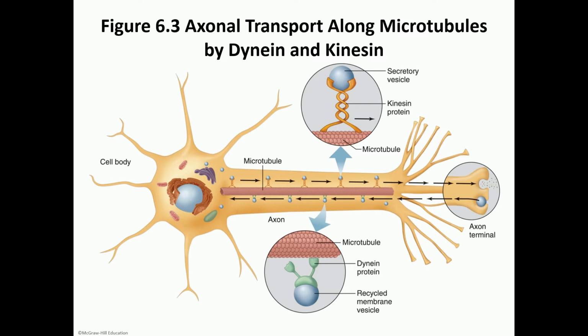Now, if you take another look at the neuron, you could see here again your cell body with the nucleus and all of the different organelles. So we have the rough ER, mitochondria, smooth ER, and so on. And this is where different proteins are going to be made. Some of these proteins are neurotransmitters,